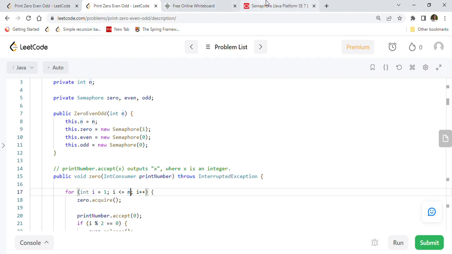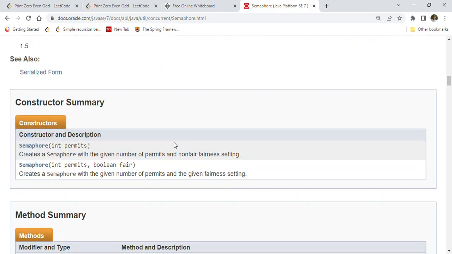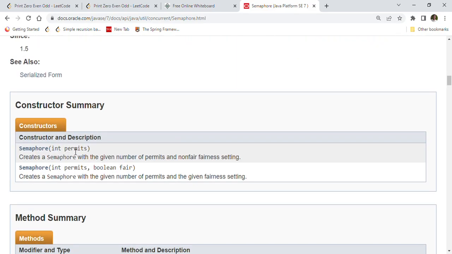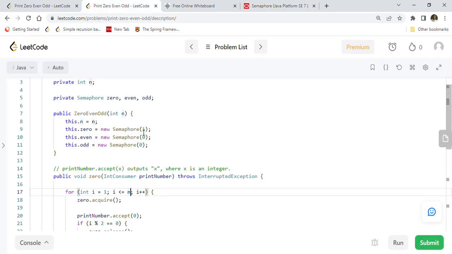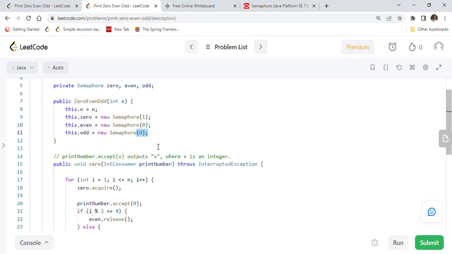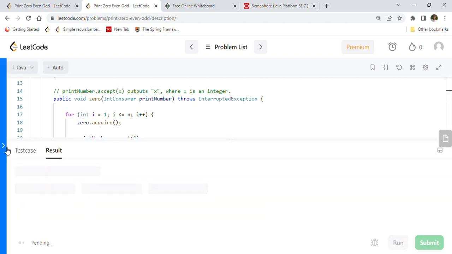And this is the constructor of Semaphore, as you can see. You are passing permits basically. It creates a semaphore with the given number of permits and fairness setting. Here we are just passing 1 for the first and 0 and 0 for the others. So this is how you can solve this problem. I hope you understood this logic. This is a typical multi-threading question. So we'll run this code,